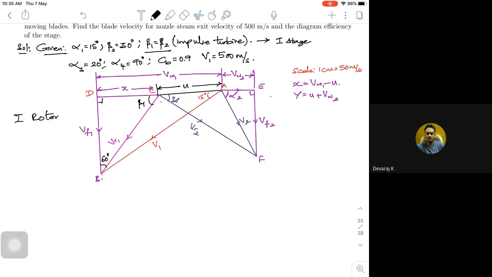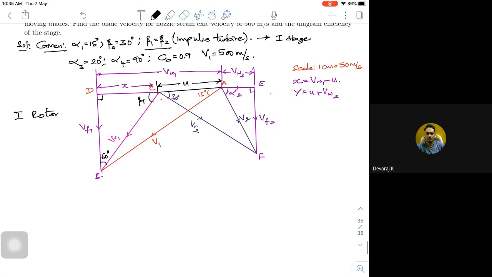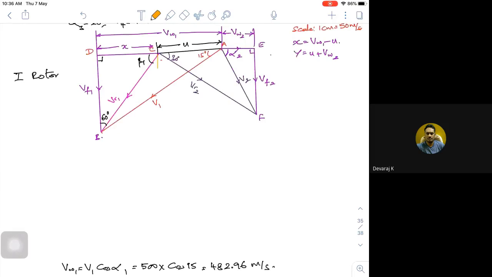Now they have clearly given the friction factor 0.9; it's not only with respect to relative, it is with respect to what it is going out. So you have this V2 which is coming out. V3 is the velocity with which it is entering the next stage. So if I try to draw the velocity triangle, this is a thin line. That means this is my U. So U remains the same. I can draw this for the next stage. This is my U, it remains the same in this direction.